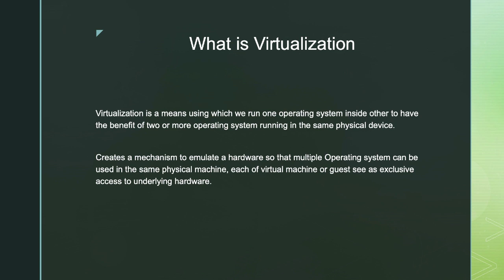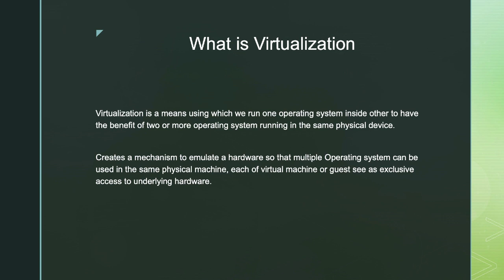So without wasting any time, let's go for the definition. What is virtualization? Virtualization basically means that you can run multiple operating systems on the same hardware. Usually you will not be able to run more than one operating system without specific software like virtualization software or a hypervisor. You may run multiple operating systems using dual boot, like you have an operating system like Windows and on top of that you install Linux in a dual mode.